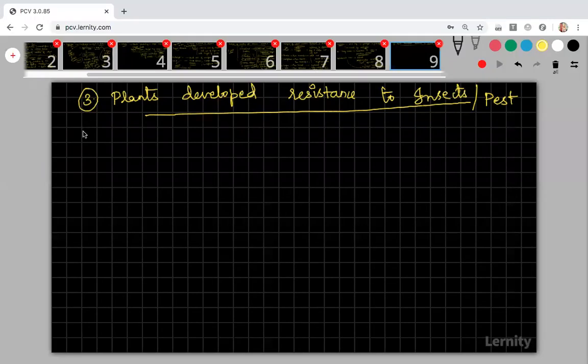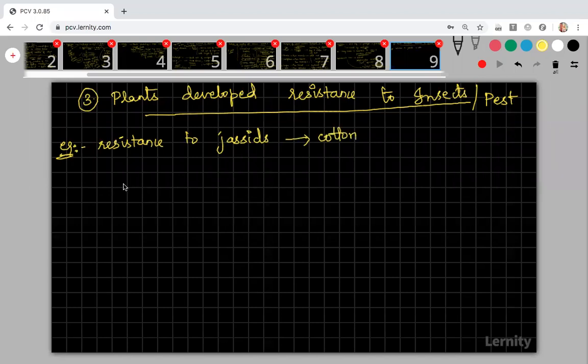So I have told you one example, the BT cotton. We discussed it in microbes in human welfare. You remember that cotton plant which was affected by cotton bollworm. Because of this cotton bollworm, the productivity of the cotton reduced, and thereby they produced the new variety of plant called BT cotton. Similar to that, I will give you some examples of plants made resistant to insects or pests. In cotton itself, we have one plant that is resistant to jassids. Jassids are one type of insect which affects the cotton plant. So this resistance to jassids was created in cotton plant.